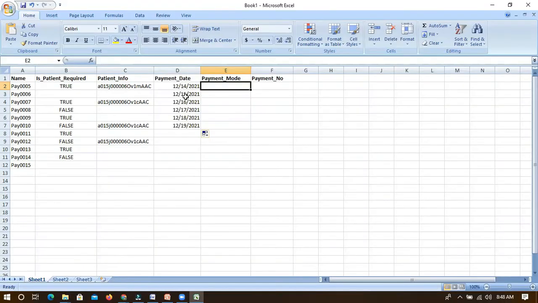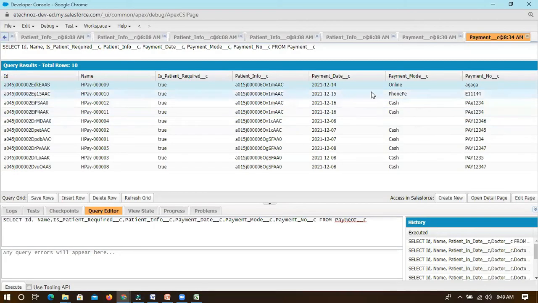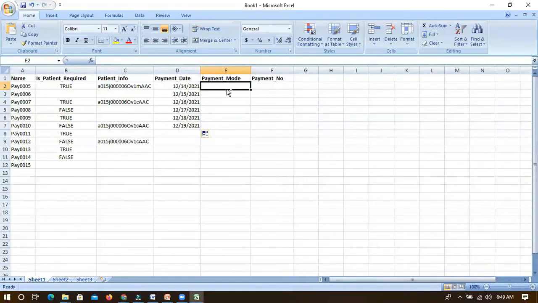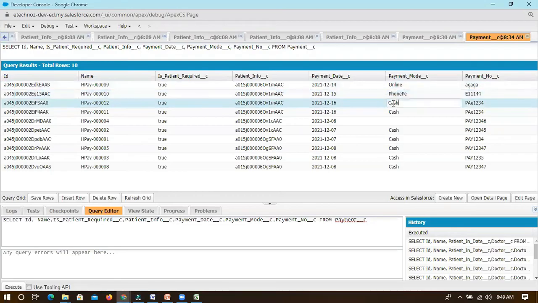And with this date, you should be careful, we may have some issues with dates, because the Excel sheet will consider a different format, and Salesforce will consider a different format. So if the format is different, it will throw an error. We may get data type issues. So payment mode, let me take this payment mode as PhonePe. All the values you can just